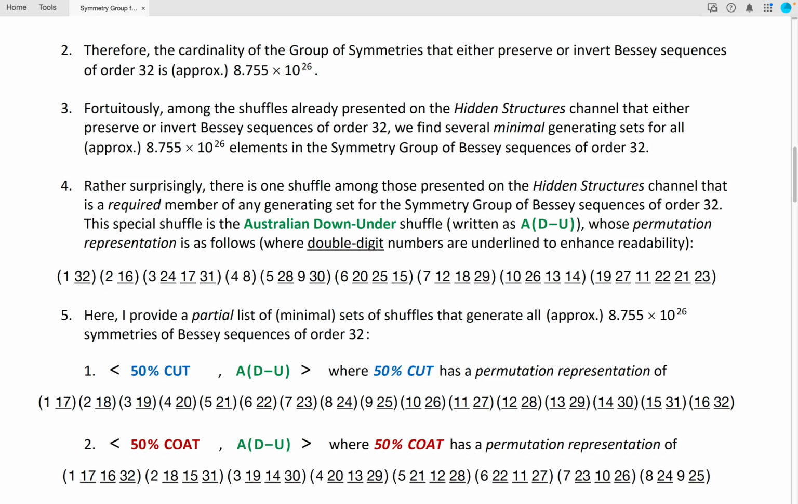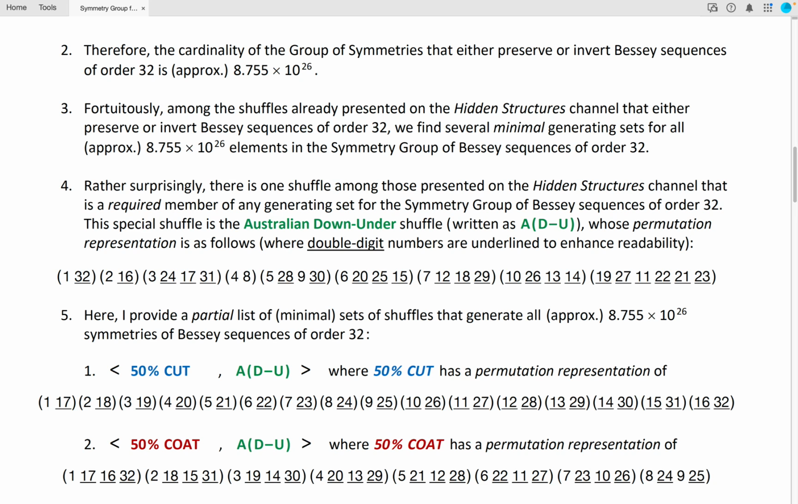4. Rather surprisingly, there is one shuffle among those presented on the Hidden Structures channel that is a required member of any generating set for the symmetry group of Bessey sequences of order 32. This special shuffle is the Australian down-under shuffle, whose permutation representation is as follows, where double-digit numbers are underlined to